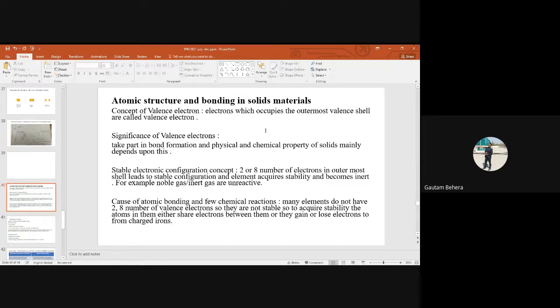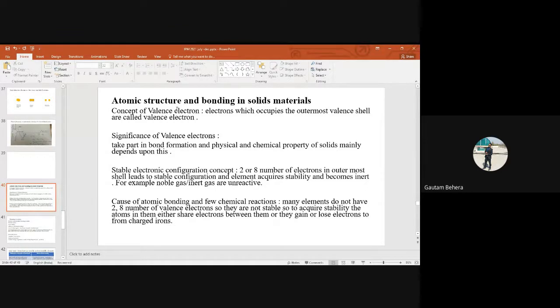Okay, next we'll move to the atomic structure and bonding in solid materials. Atomic structure I will not discuss much because you have already gone through that in school days with great knowledge. Like we have atoms, and atoms contain a nucleus, and we have surrounding electrons moving around the nucleus in a particular region, right? Shells and orbitals. And the nucleus is positively charged because it contains neutron and proton. Proton is positively charged. The nucleus is present in the center of the atom, which is denser and smaller in size. And electrons are negatively charged, right?